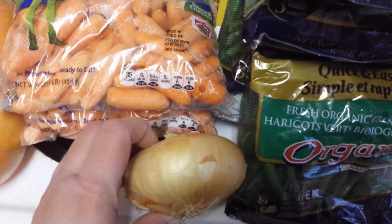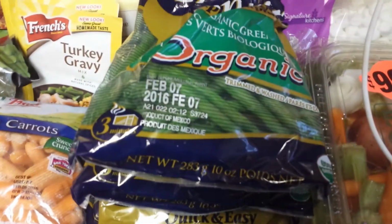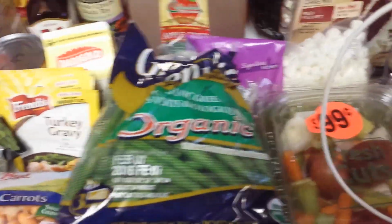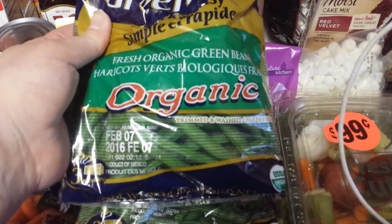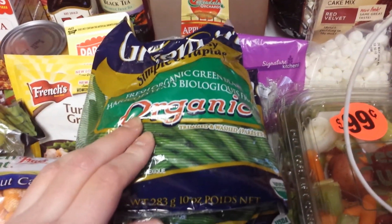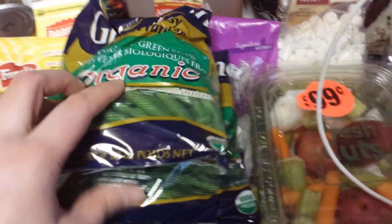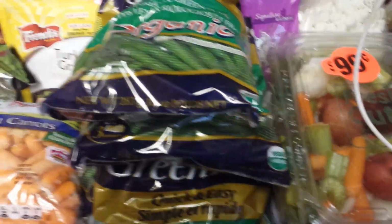There's 1 sweet onion. And then there was a lot of these organic green bean bags again. My mom went ahead and got some because she also does the same program with me, and she gave hers to me because I'm going to use these to can dilly beans. And I am going to try and make a video of that because